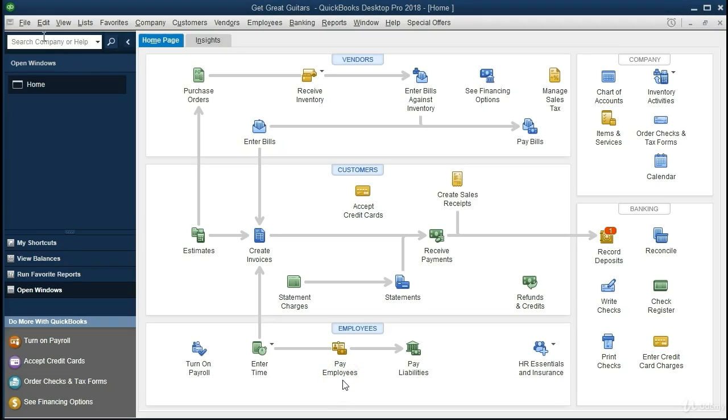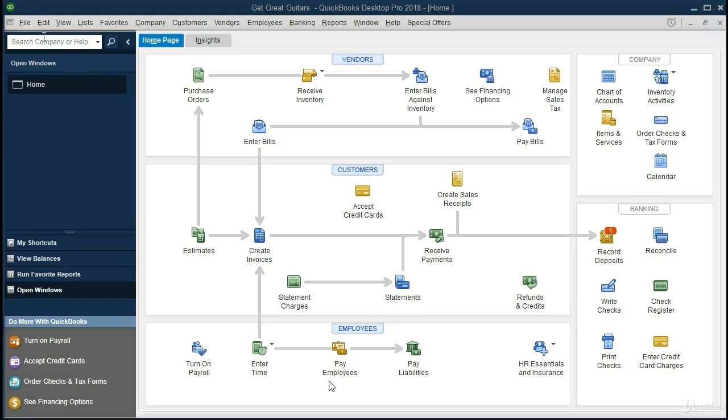Then we've got the pay employees. This is where we're actually going to process the payroll. So this happens depending on how often we pay employees. It could be weekly, it could be bi-weekly, it could be semi-monthly, it could be monthly that we pay employees. And when that happens, when we're going to actually generate the checks typically, we would select this icon and actually go through the process of recording if it was time here or salary-based employees,